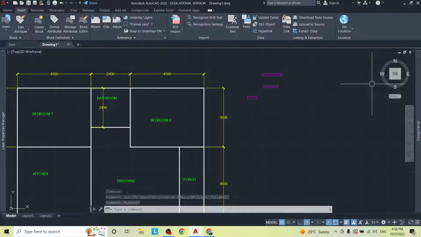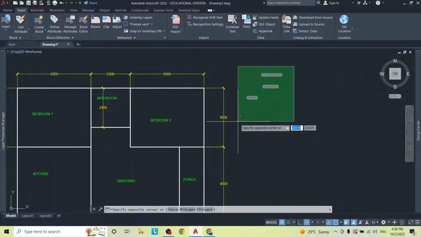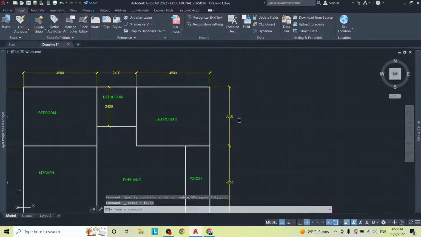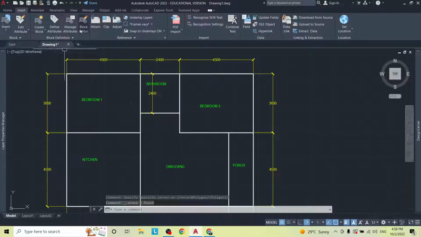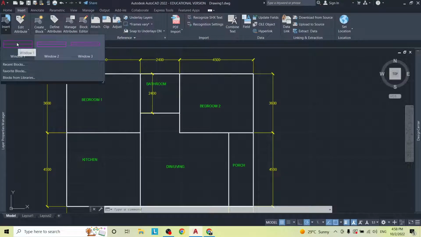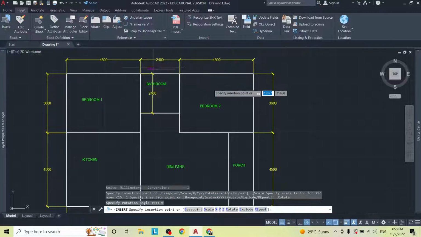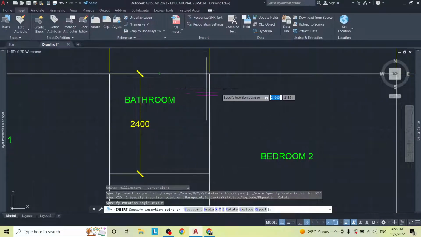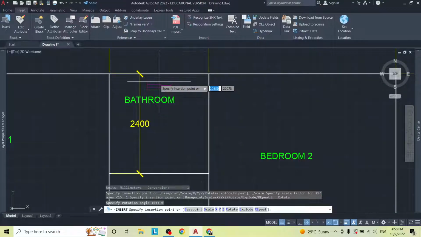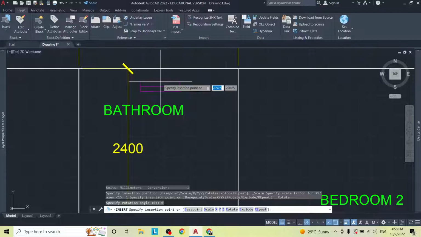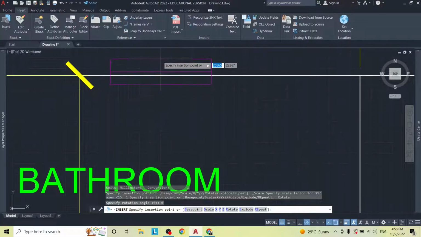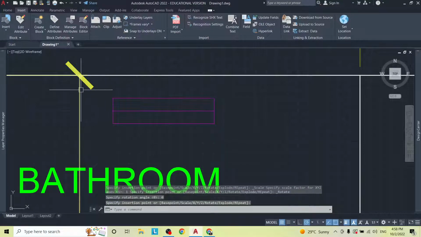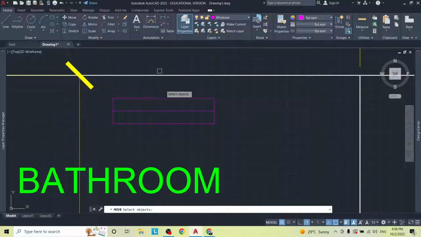All right, so let me just get rid of these. Let's put them in one time then. So insert window one. This is for the bathroom, I believe. So we're going to put it right here. Notice I put my base point at the top line. There are three lines that make up this window: the top, the middle, and the bottom line. Notice I put my base point at the top. So now when I'm ready to put it here, I can't put it in the center. So what I would do, I would just put it down, and then I would use my move tool, click,